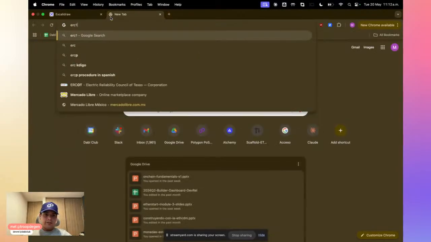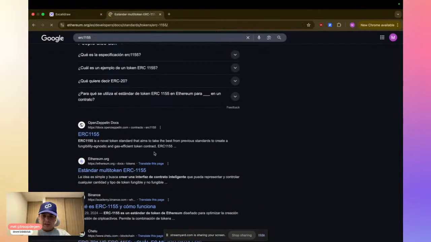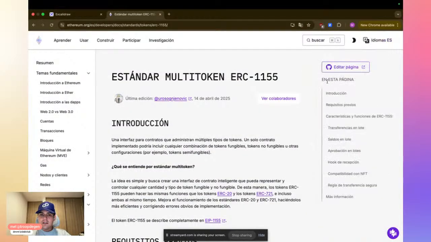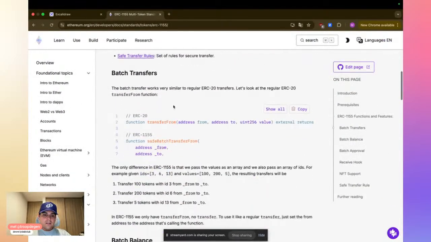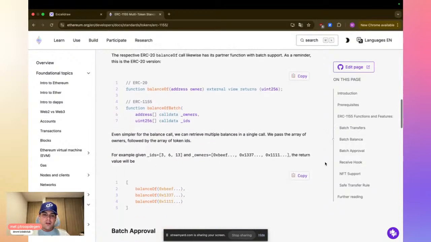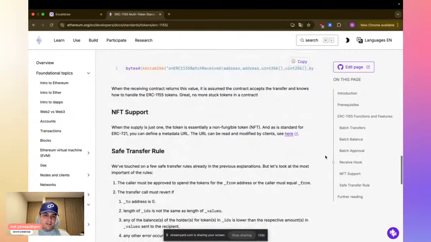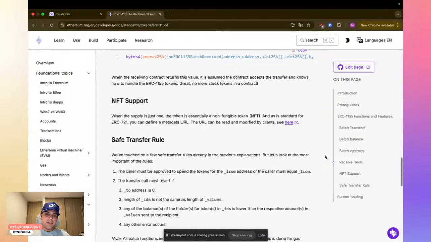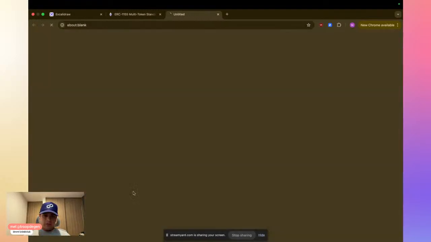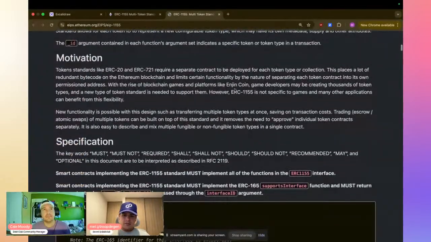So let's see, ERC1155. I wouldn't say it's between ERC20s and ERC721s. 721s just have a much more specific definition for each copy, and the 1155 is more for a lot of copies, like drops, when you want to do a drop with the same copy for multiple people. That's where I've seen the 1155. I might be wrong here, there are some minor differences.